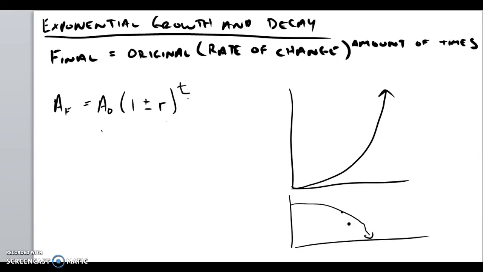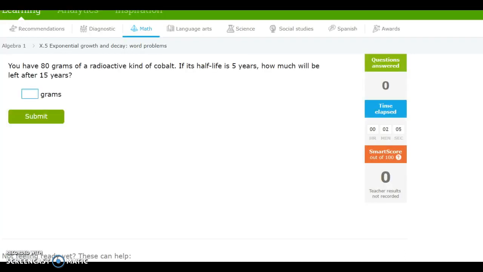Okay, so for exponential growth and decay, what we're doing is we're raising the rate of change to the amount of time, or the amount of times, plural. I did that on purpose. It wasn't a typo. Or the amount of half-lives, and we're going to multiply that by the original. So that might not make much sense to you, but this a sub 0, I should say, means the original amount, and this is the final amount. And this is 1 plus or minus the rate raised to the time power. That's kind of the generic equation, but let's go ahead and look at some example problems that might help you